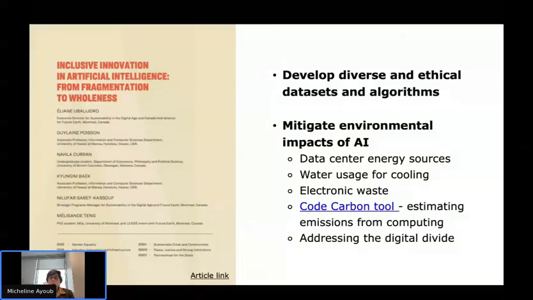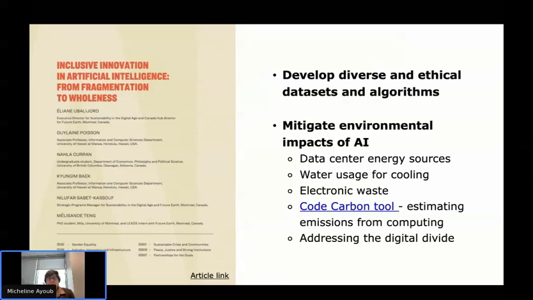AI. Like, where do we get the energy sources for the data centers, and the water usage for cooling in certain areas where data centers abound, but water does not abound, although water is supposedly the best way to cool these centers. What do we do with the electronic waste? How much carbon is produced by using those data sets or those